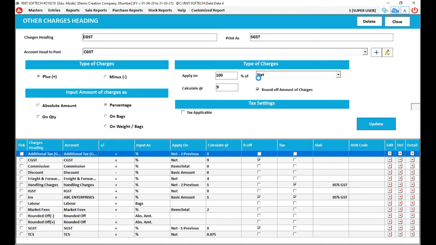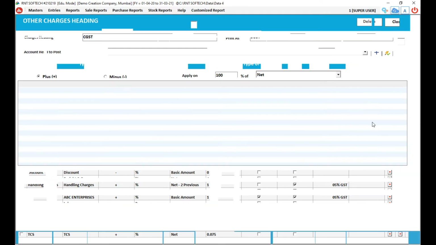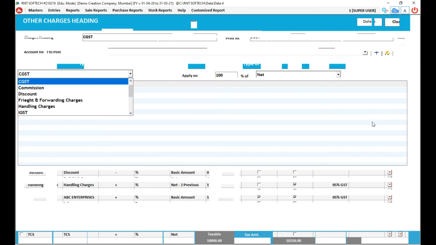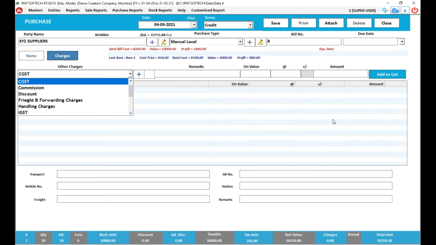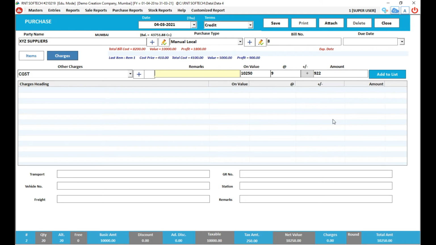The net price is the price which is after the discount. So here it goes. You will see we are now selecting CGST. Remarks, if you want, you can put anything you want. On the order value 10,250.